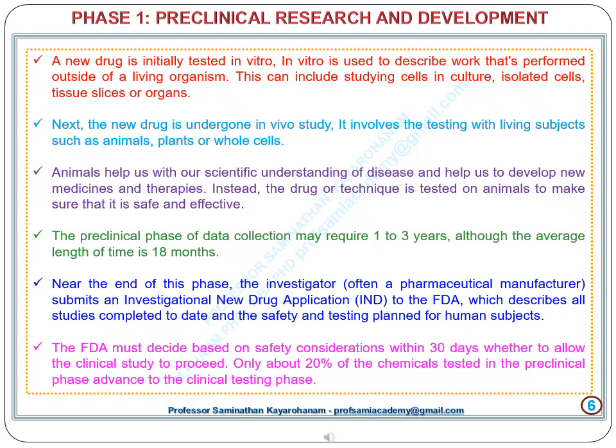Animals help us with our scientific understanding of disease and help us to develop new medicines and therapies. Instead, the drug or technique is tested on animals to make sure that it is safe and effective. The preclinical phase of data collection may require 1 to 3 years, although the average length of time is 18 months. Near the end of this phase, the investigator, often a pharmaceutical manufacturer, submits an investigational new drug application (IND)